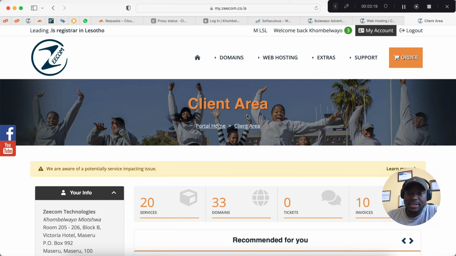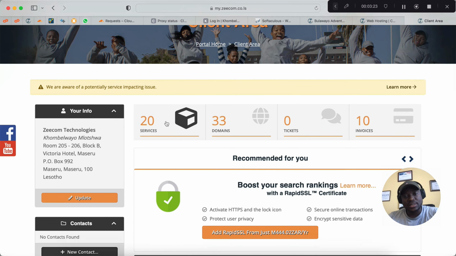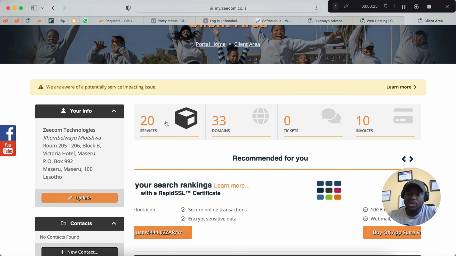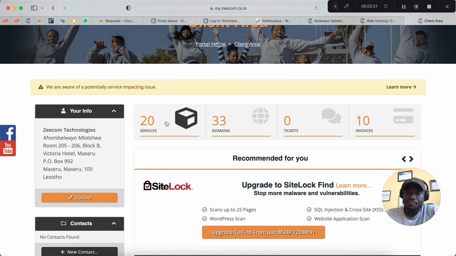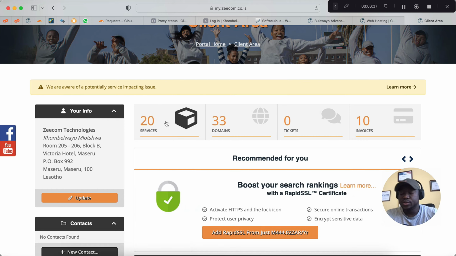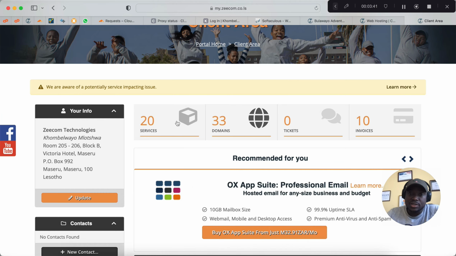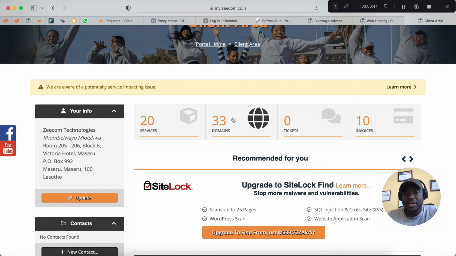Now, when you're inside the client area, let's focus on a few things. The first one is services. Remember, whenever you have a website hosted with us, you have the hosting package, which houses your website and your emails, and you also have your domains. Your domains are separate because these are two separate services. They run separately. One may be dependent on the other,